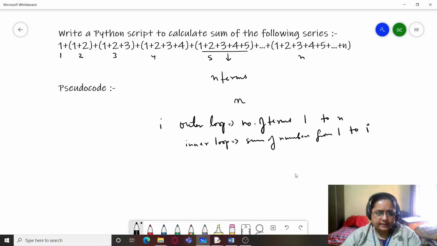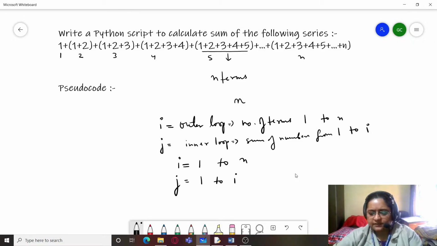If i is the loop control variable for the outer loop, and j is the loop control variable for the inner loop, we can easily do it that way. So the outer loop can be i from 1 to n, and the inner loop we can take j from 1 to i.